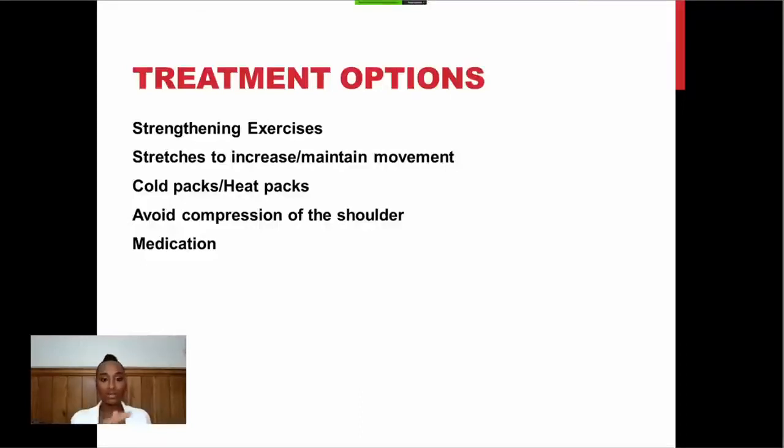And then ultimately, if none of these work, then sometimes medication will be needed. So pain relief, anti-inflammatories, more importantly, I think will probably make more of a difference. Sometimes steroid injections may make a difference, but that's not always the case. Sometimes people can get a steroid injection and it doesn't help. Steroids aren't really that great to be put into a tendon, as it has been linked to increased risk of rupture. So it really isn't the first line of treatment, but if someone is really struggling, then they may get a steroid injection.